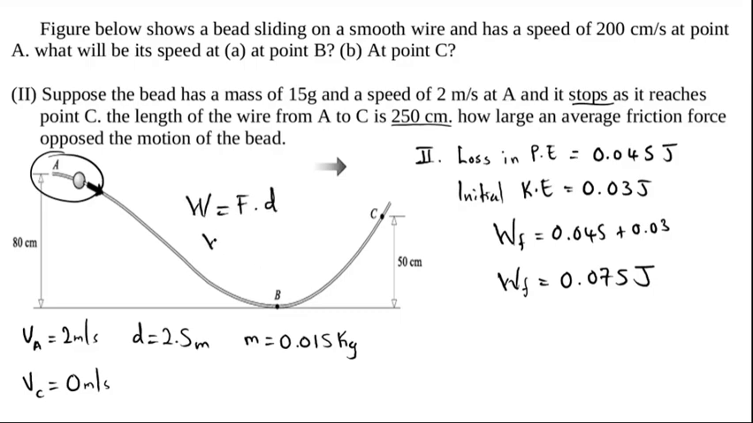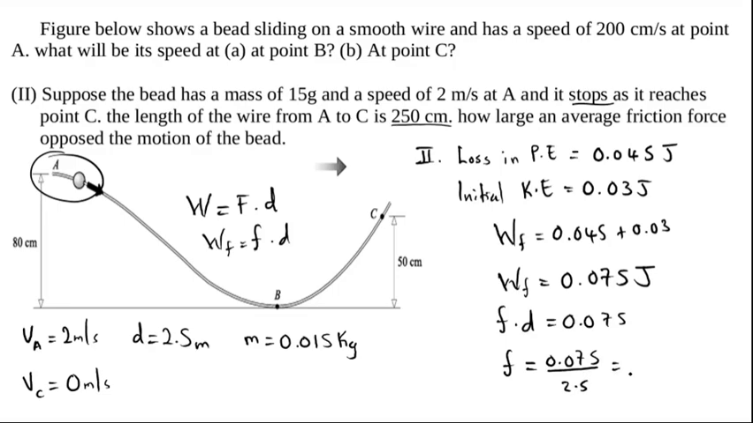Now remember, for friction force, work done is equal to force times distance. In this case, we're saying that the work done by friction is equal to friction force times distance. So replace the work done by friction with friction force times distance. This is equal to 0.075. We have the distance. Distance is 2.5. So the friction force is 0.075 divided by the distance, 2.5. So let's see what we get. This gives us 0.03. So the friction force is simply